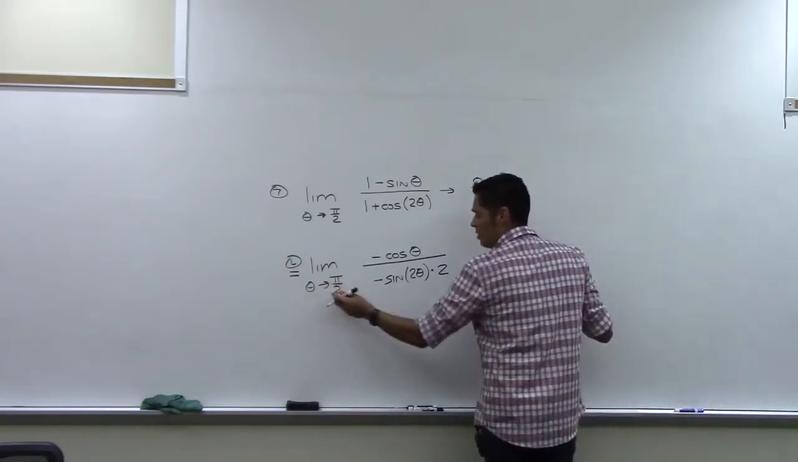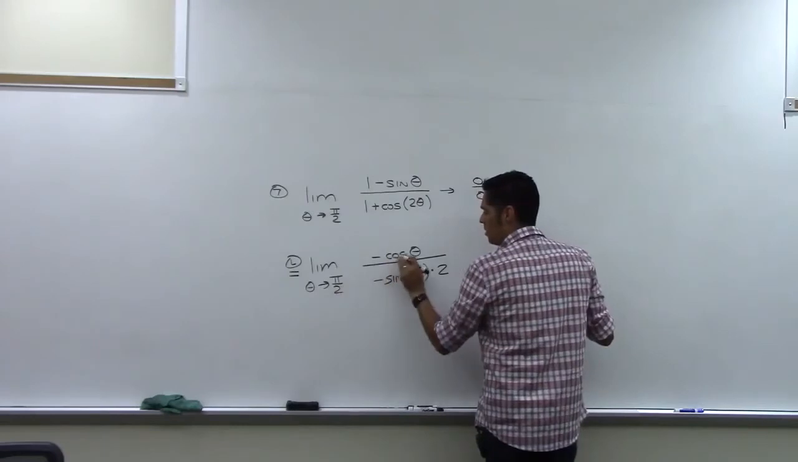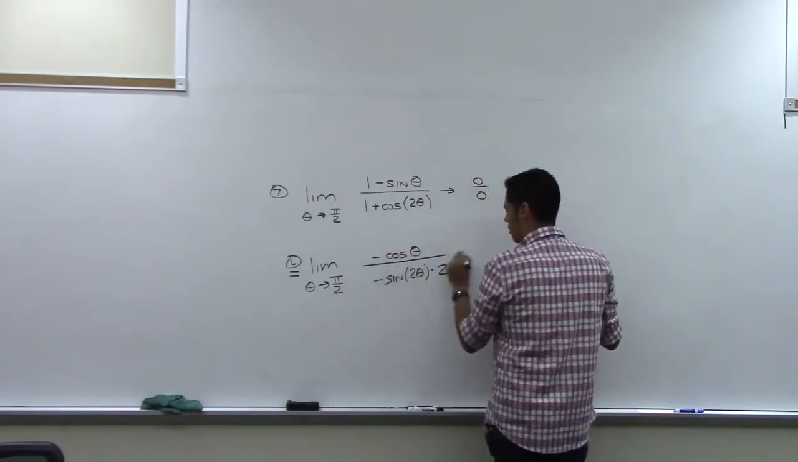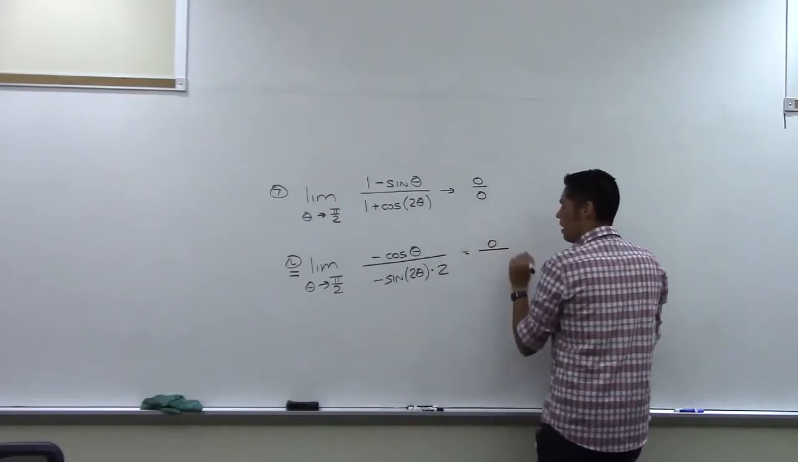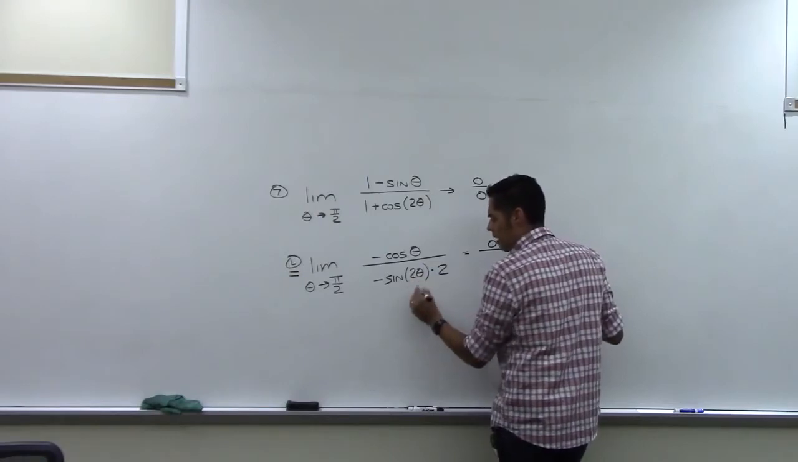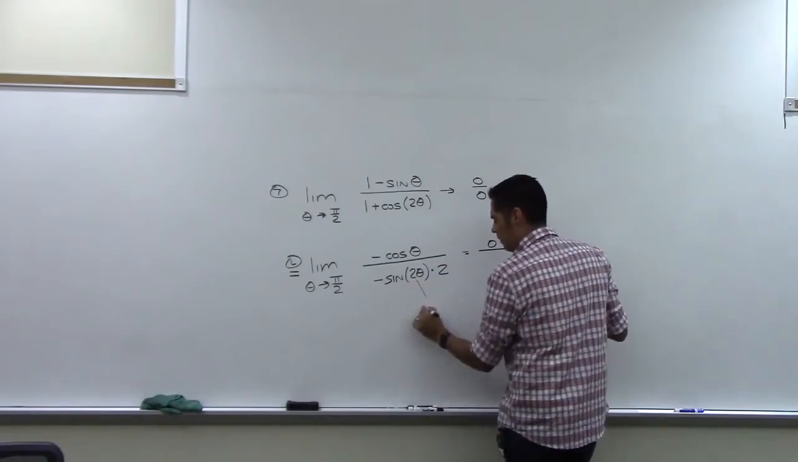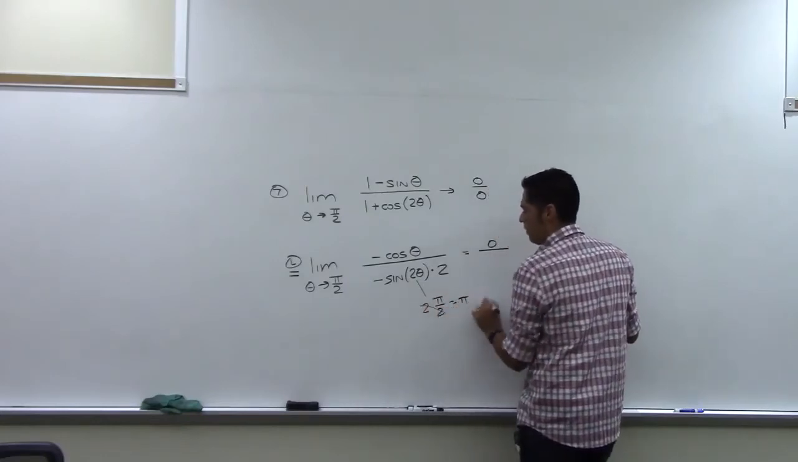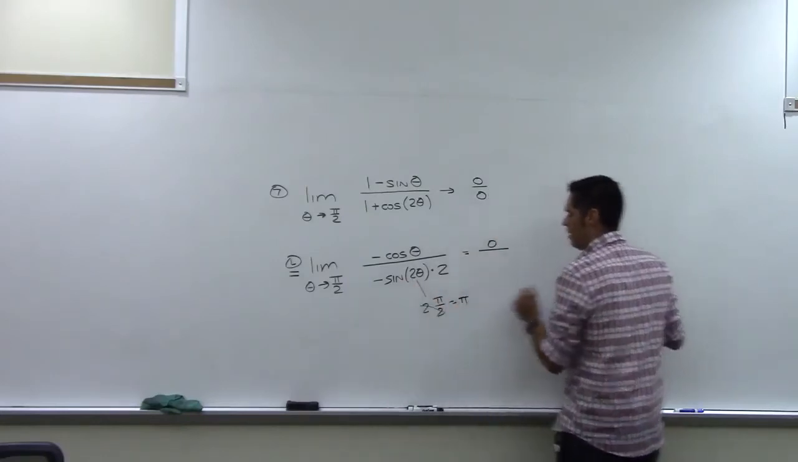So theta goes to pi over 2. Cosine of pi over 2 is 0. -0 is still 0. So we get 0 on top. And now let's try this. We're going to plug pi over 2 in right here. 2 times pi over 2, we just get pi. And sine of pi